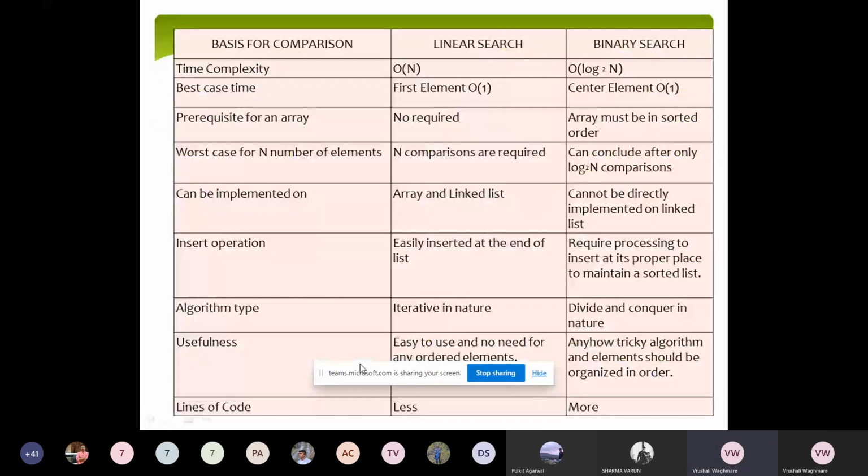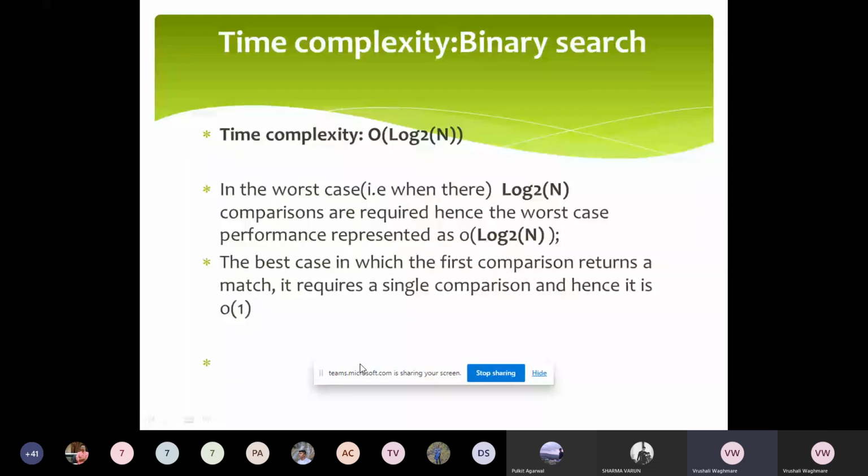Now we see what will be the best case. Best case क्या हो सकता है? It is order of one only, but at what condition? सबसे पहले बाइनरी सर्च में मिडल नंबर चेक किया जाता है, और वो मिडल नंबर सबसे पहले चेक होता है, तो उसको वन टाइम यूनिट लगेगा. सो ऑर्डर ऑफ वन मतलब ऐसे नहीं है वो पहले एलिमेंट को चेक किया, जो भी मिड एलिमेंट के साथ मैच हो गया, सो इट इज अ ऑर्डर ऑफ वन. So best case is it will find in the first attempt.